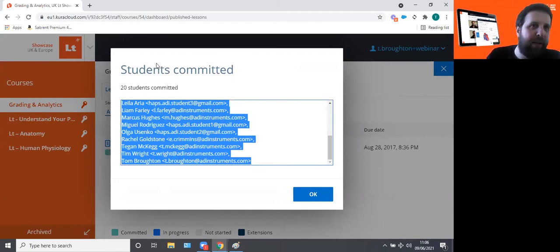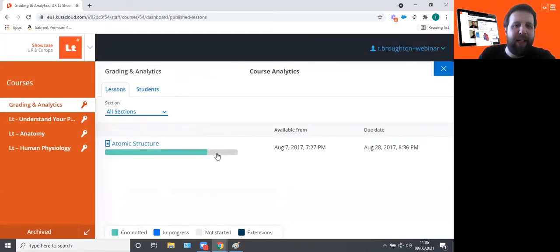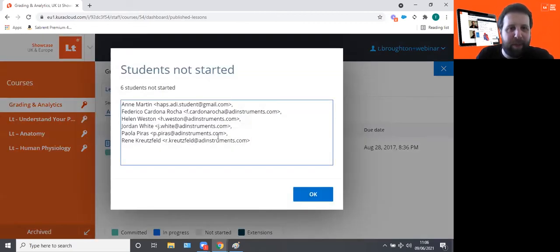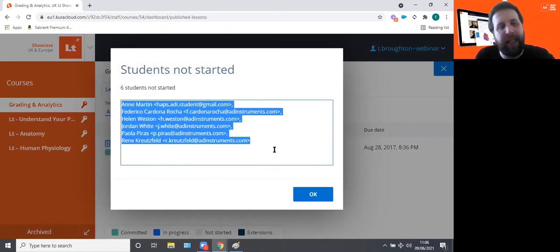I could paste those into my email client and send them an email congratulating them on completing the work. But what we're probably more interested in is the students here, the not started students. Again, I can click on this, grab their names, copy that and paste that into my email client. I can follow up with those students and ask if they're having problems accessing LT or